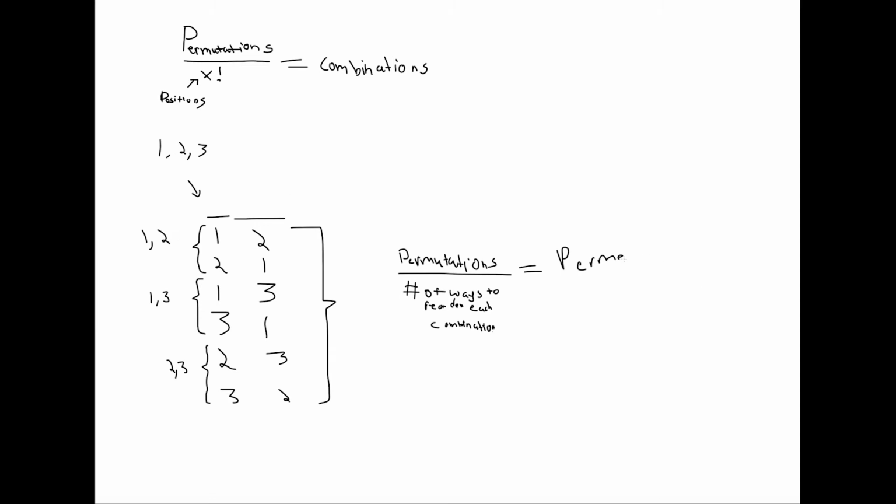So permutations divided by the number of ways to reorder each combination is equal to permutations divided by positions factorial. Or we're just using the variable x. So why is this x factorial over here equal to the number of ways we can reorder each combination? Well,